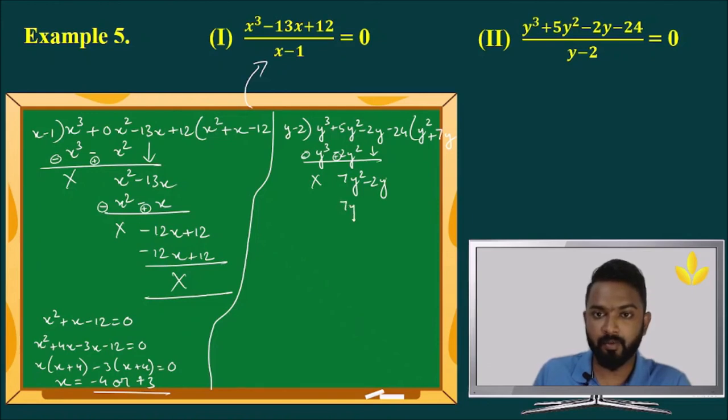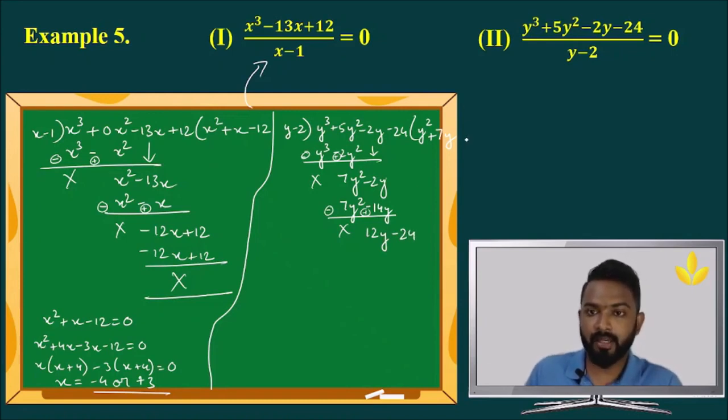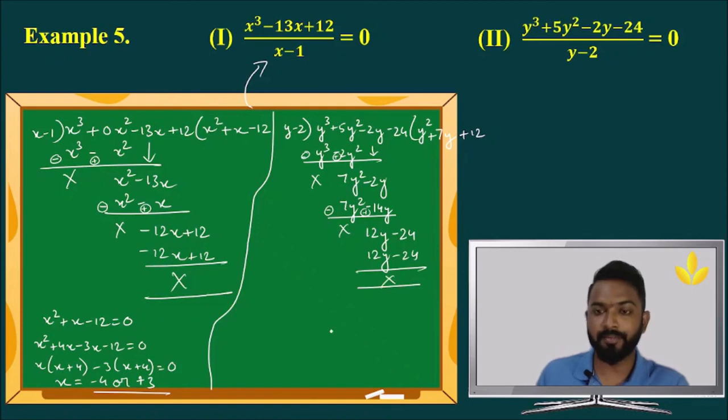So we have 7y square. 7y into minus 2 is minus 14y. So this one is minus, this one is plus. This one is gone. 14 minus 2 is 12y minus 24. Y to 12y is just plus 12. 12 into y is 12y. Minus 2 into 12 is minus 24. Remainder 0. So we have y square plus 7y plus 12